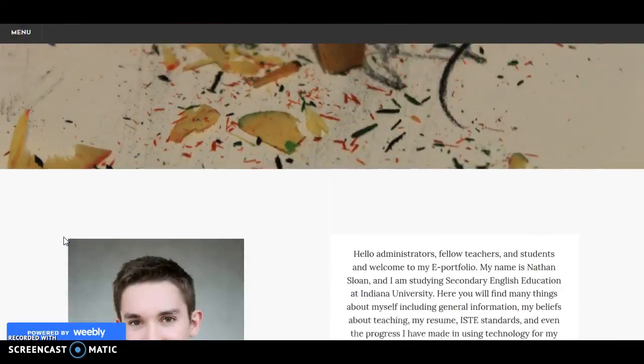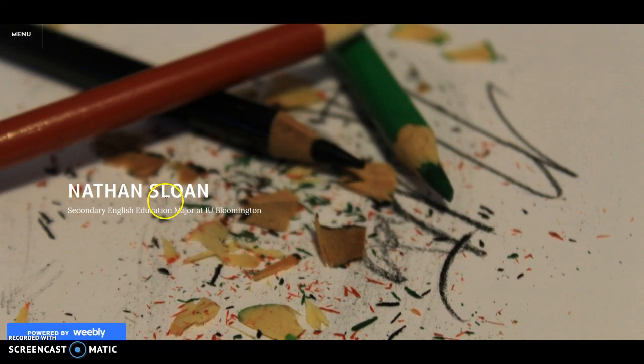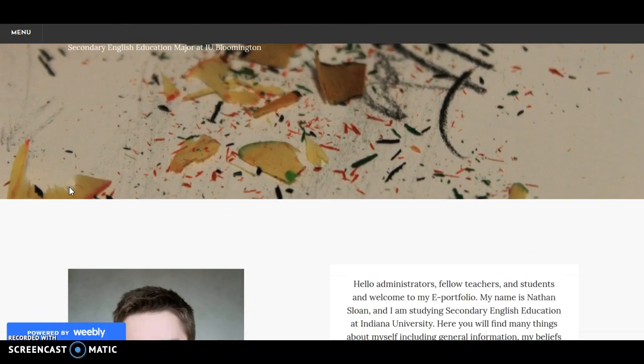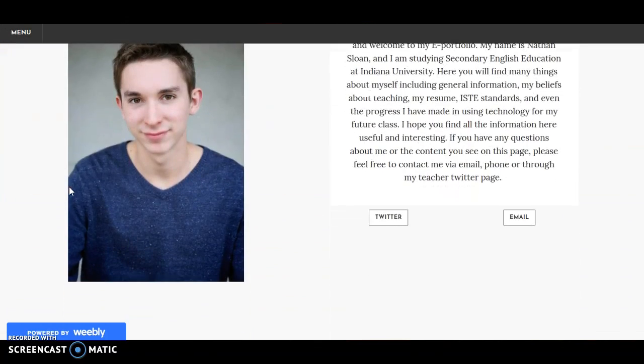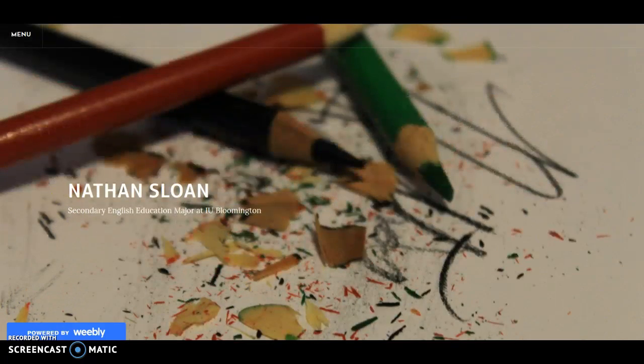So I think I'll use this, as I said 100 times before, for creating alternative assignments so that the classroom doesn't continue to get stale. That's what I want to use technology for in my classroom. And for W200, I just learned that there's so much out there. So, yeah, that's all.